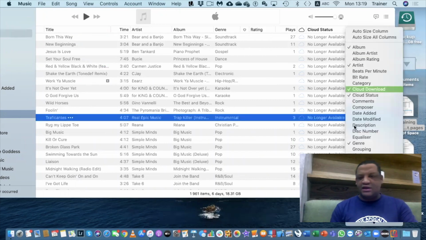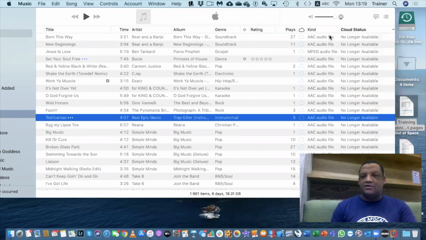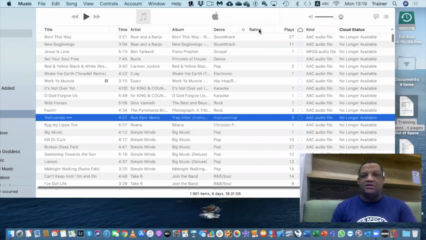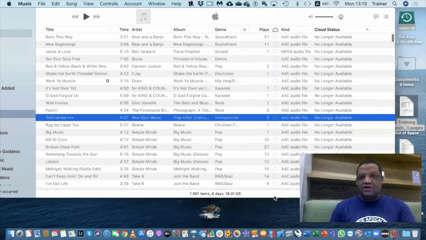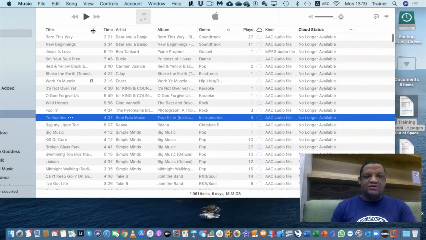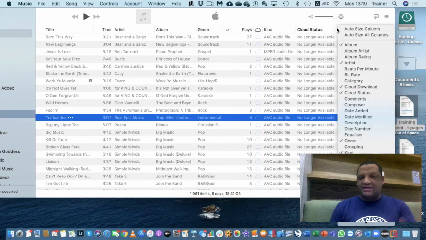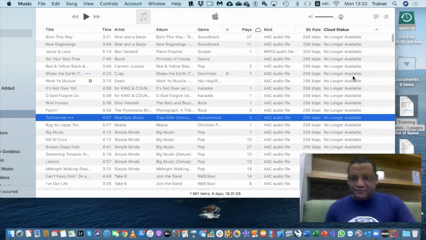Let me just add in another one. I'm going to go with the second one. So the other one I'm going to go with is kind, right? And let me take writing away, because my screen size is getting a little bit too small. And I'm going to add in a second one, okay. I said I'm only adding one, but apologies guys, I'm going to add in a second one as well. So I'm going to add in bit rate. So now I'm going to organize the music according to bit rate, okay?